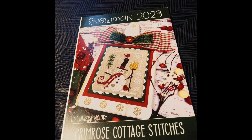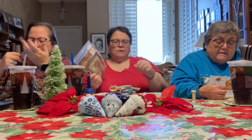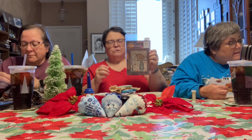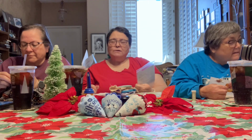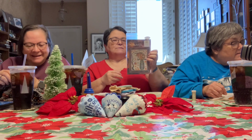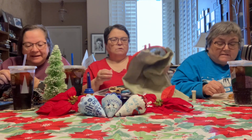And then I also worked on the Beaver, which is the November number 11 in this series, A Year in the Woods by Cottage Garden Samplings. All these places are all the same. Country Cottage something needlework blah blah blah samplings. So this is Cottage Garden Samplings. The beaver is number 11. So on this one,